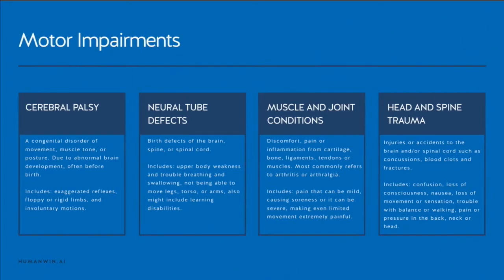And so can you just imagine having a lot of upper torso pain and being limited in your movements? Some people are confined to a wheelchair with this condition. And there's also muscle and joint pain and conditions such as arthritis, so the slightest touch, the slightest contact results in a lot of pain. And these are our users.